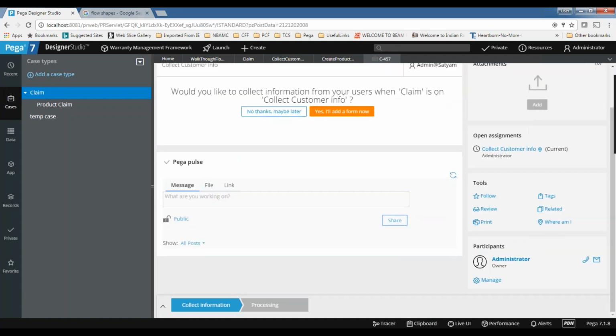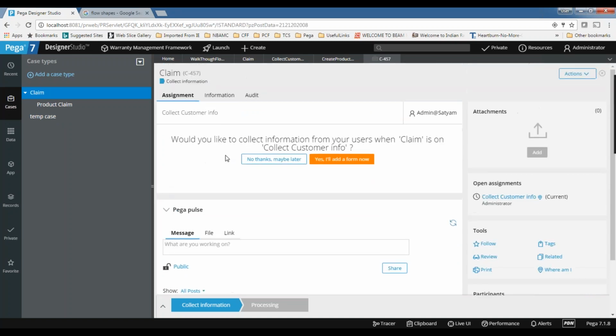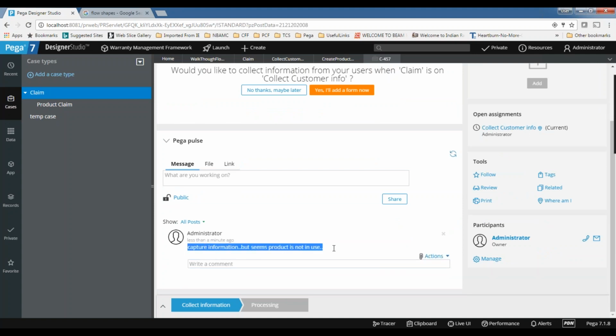So at runtime, the processor who is doing this action adds the message. Now it will go to some other person at a later point of time. They can see this message. Instead of sending these messages through emails or something, we can collaborate within the case. We can collaborate among the case processors within the case. So let's say it's going to the manager. Once it goes to the manager, he is also giving a comment. So it's okay. This is the comment given by the manager: it's okay, we will discuss with him to give a different product.